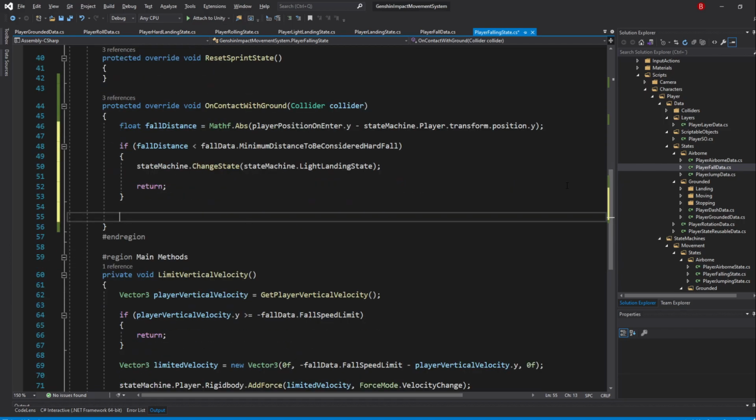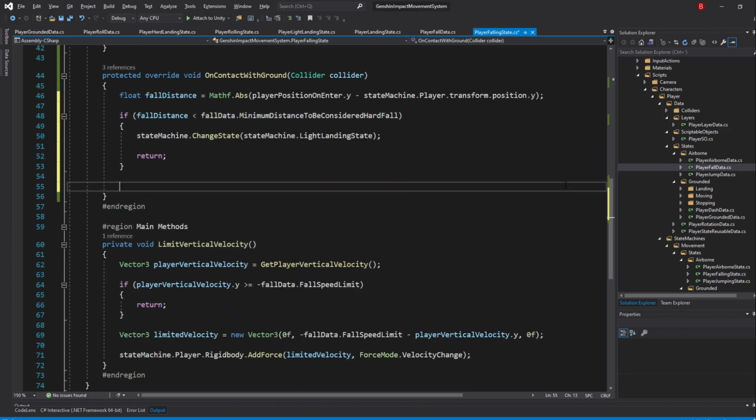Under this, if we hit the minimum distance, we'll either transition to the hard landing state or the rolling state. We'll start with the hard landing state by typing in if stateMachine.reusableData.movementInput equals Vector2.zero.